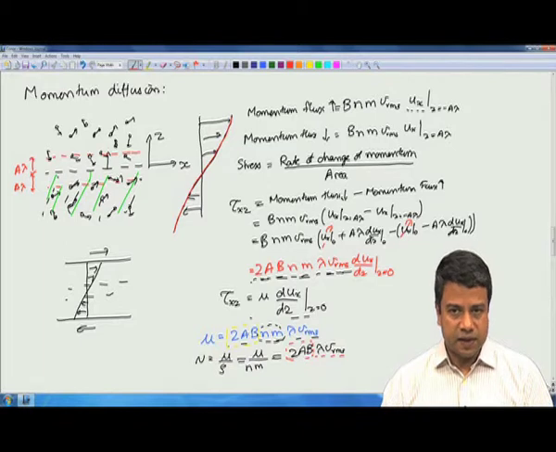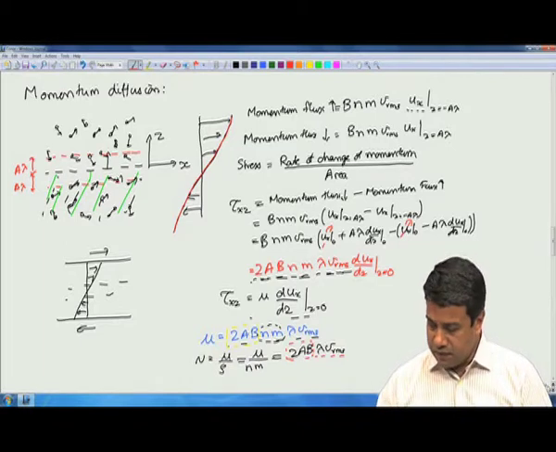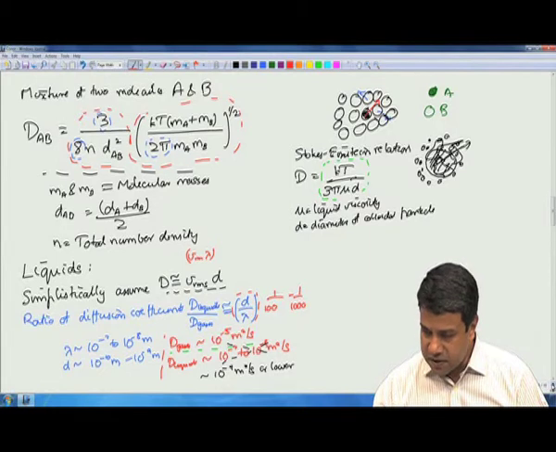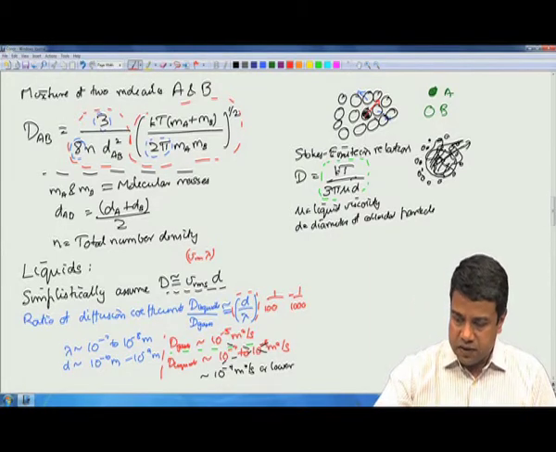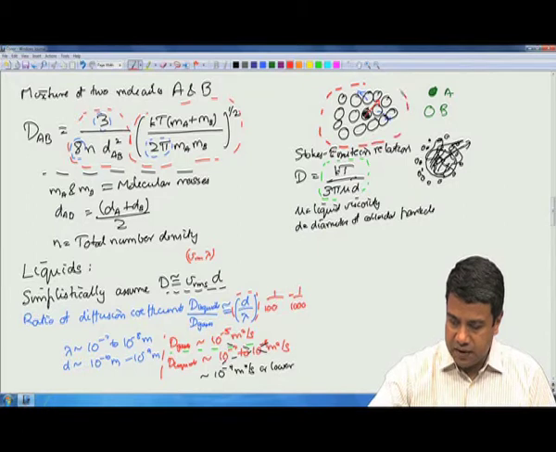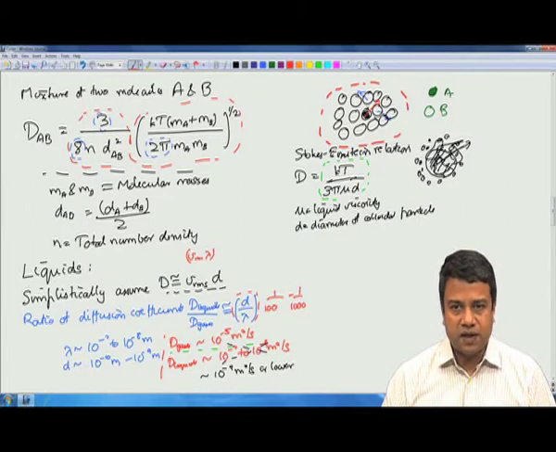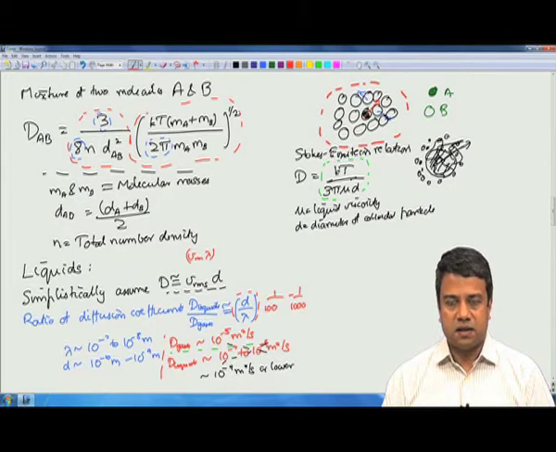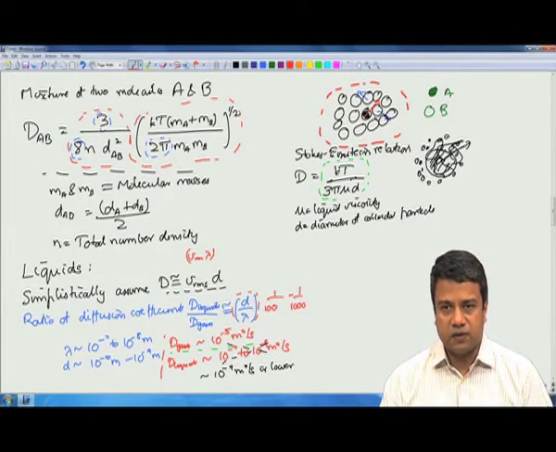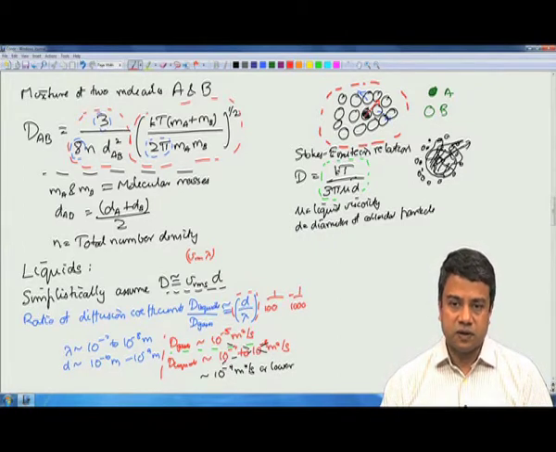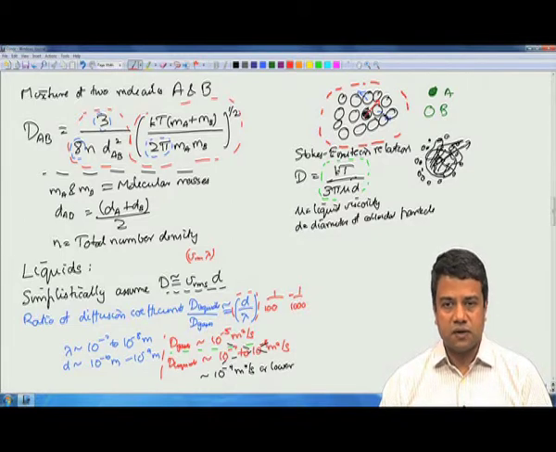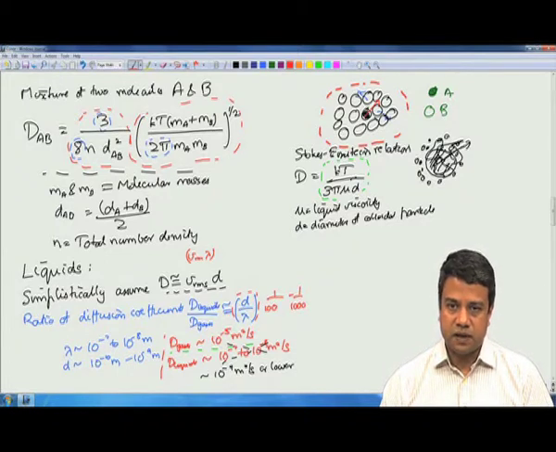In liquids, the mechanisms are different. Mass diffusion still requires the physical transport of molecules, because, as I had shown you, if one molecule is to move in one direction in a densely packed cluster of molecules, then the other molecules have to move out of the way. Therefore, a single molecule motion is not sufficient for diffusion. You require cooperative motion of many molecules, and due to that the diffusion coefficient is lower than what you would expect on the basis of the mean free path, the molecular scales and the root mean square fluctuating velocity.